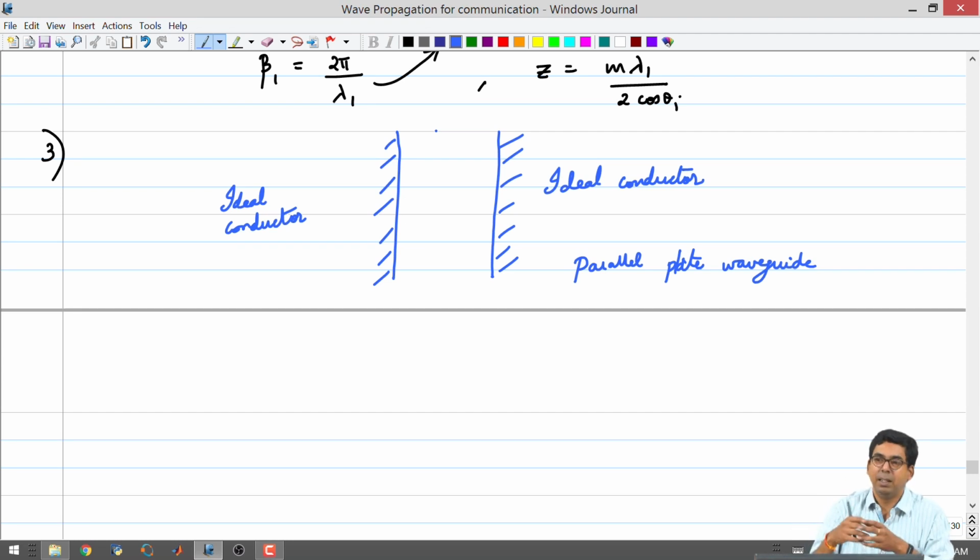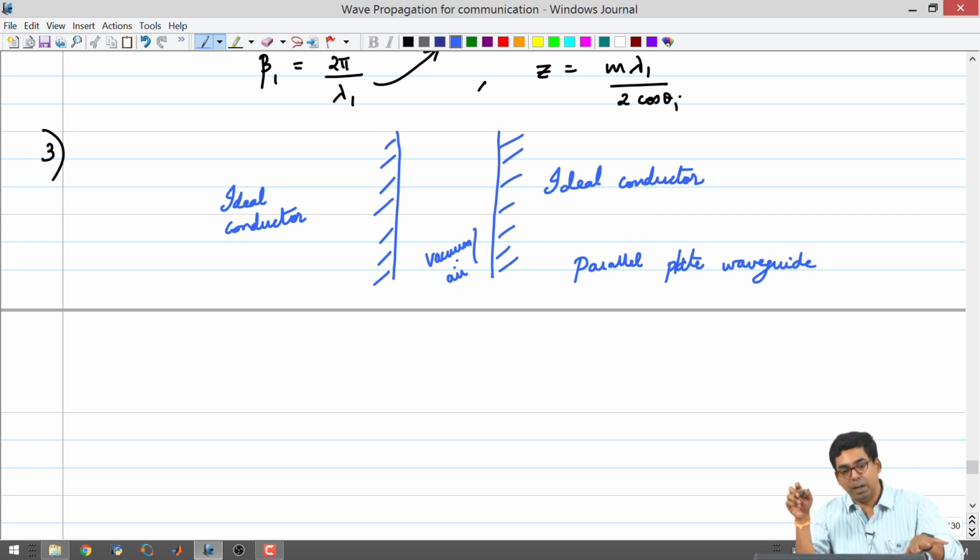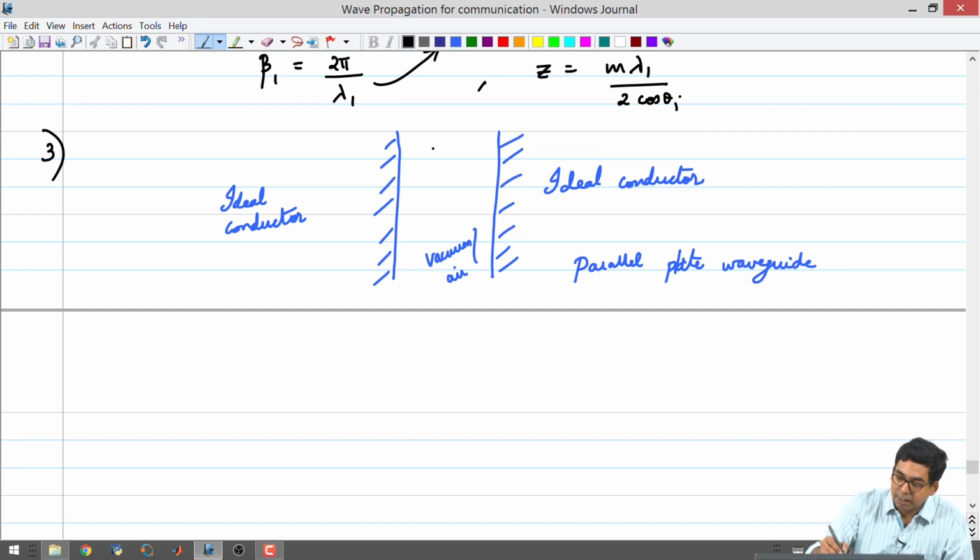So, the purpose of the delay, there are numerous purposes for which people can use it, but compared to a homogeneous medium, if this is vacuum or air, compared to the scenario where you do not have these two plates, for an observer from outside this system, the velocity in this will appear to be smaller than the velocity in homogeneous vacuum. Okay. This is the first thing, right. So, you cannot have a waveguide like this which will give you velocity equal to that of a bulk homogeneous medium, right. This is the first thing that we have to notice.